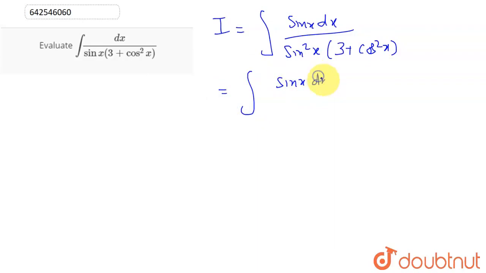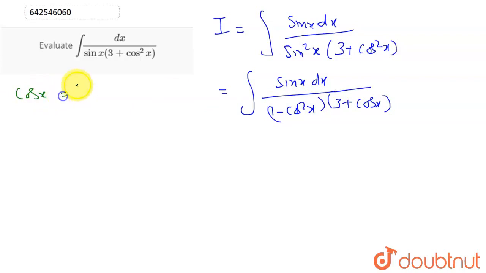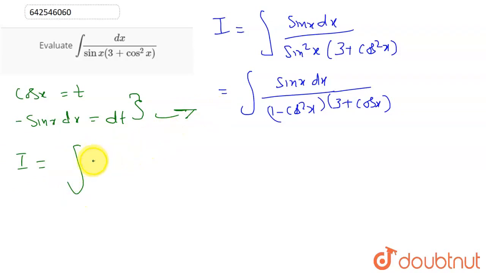Now to further simplify this integral, we will take cos x to be t. Differentiating, we get minus sin x dx to be dt. If we put these terms in this integral, I will be equal to integration, sin x dx will become minus dt,